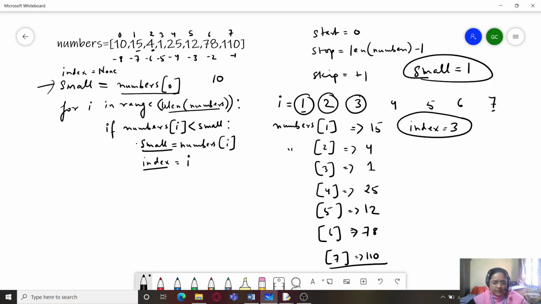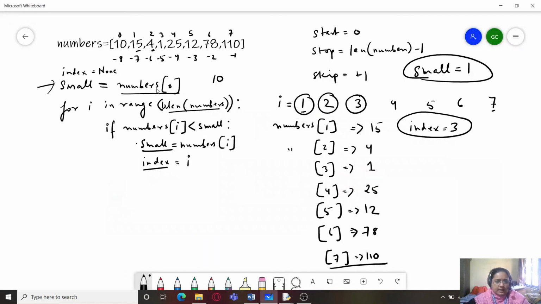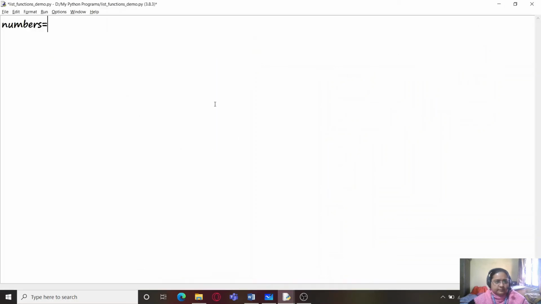So now let's code this quickly over here. I'm just going to take numbers equals, and I'll quickly copy this. So we take index equals none, although we don't need this statement, we can simply skip it, and small equals numbers 0.